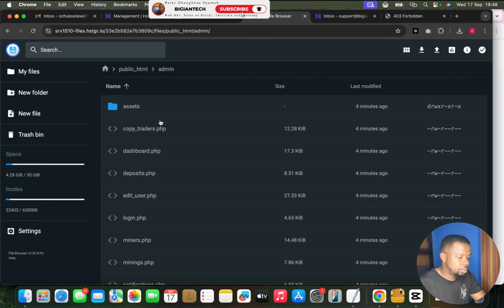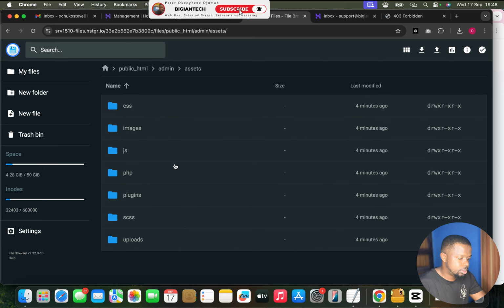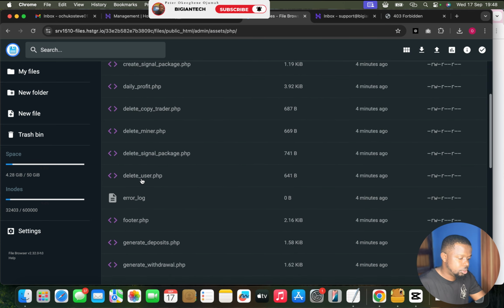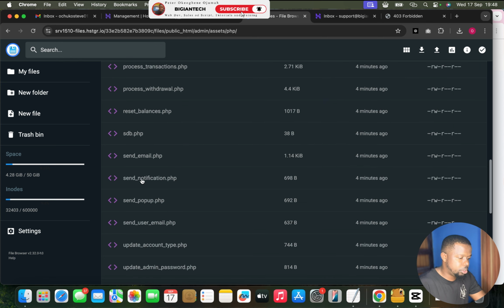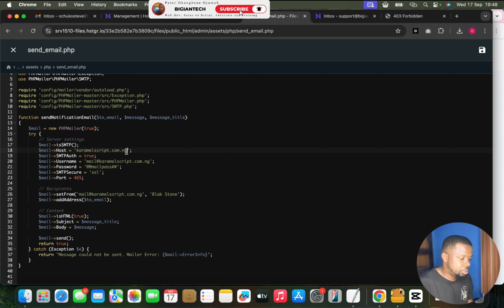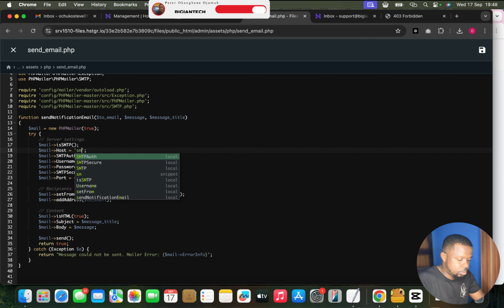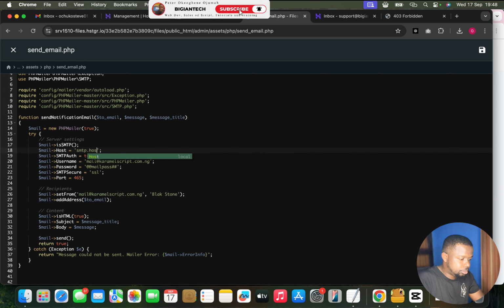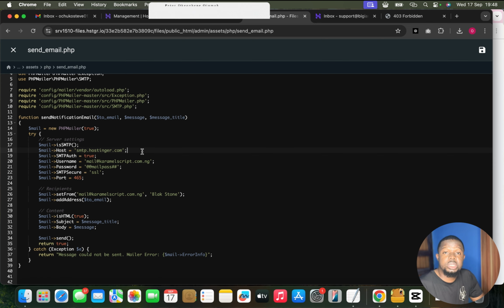Then you go to admin, go to assets, go to PHP, scroll down to where you have send_email.php, edit this. Now the host name here should be smtp.hostinger.com. Once you create your email account, the very first email you see in your inbox is your mail configuration settings. So while using Hostinger it is smtp.hostinger.com, but if you're using cPanel, yours might be mail.yourdomainname.com, or it depends on what the hosting will give to you